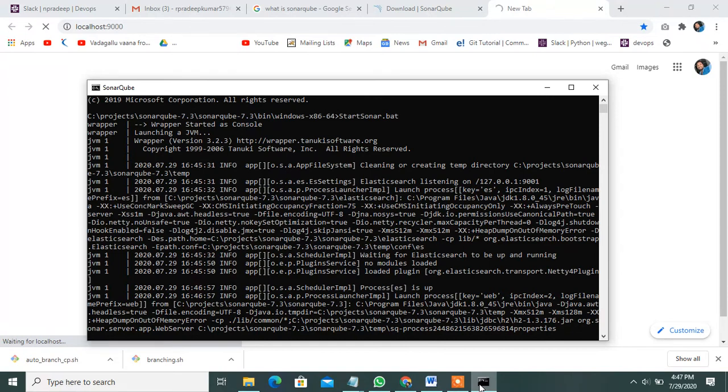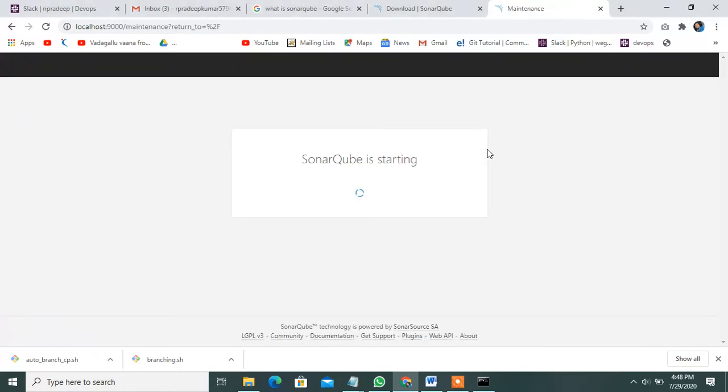The SonarQube server is running. Yes, it's running. See here, observe it carefully. SonarQube is starting.